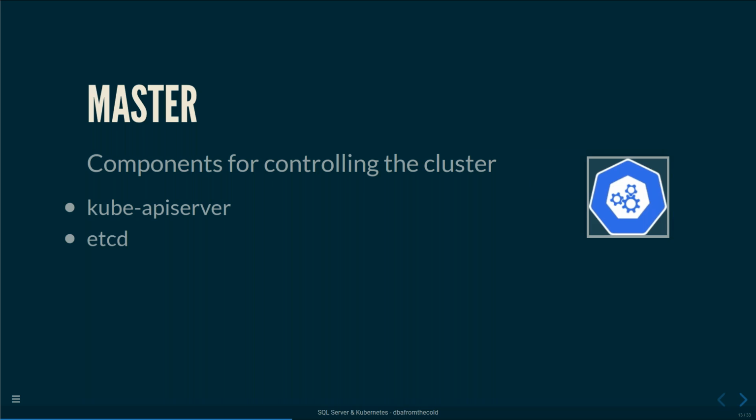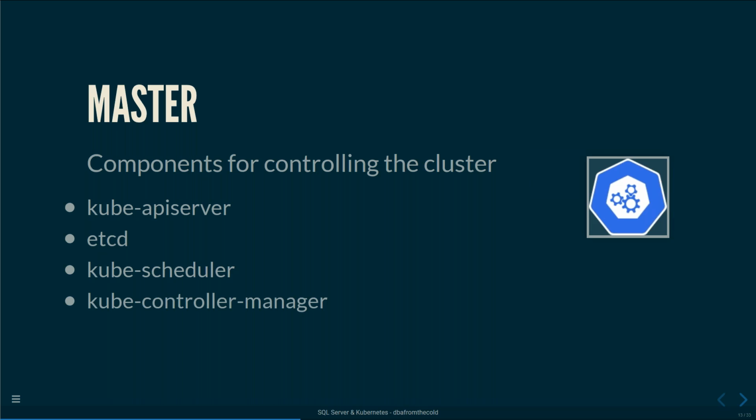I mentioned the cluster store. The most widely used technology is etcd, a distributed key value store. And this just holds information about the objects that are in our cluster. Next component is the kube scheduler. This is what decides which node the pods that we deploy run on. And this is based on various different algorithms, main one being things like node resources consumed.